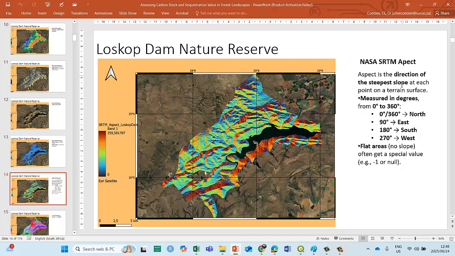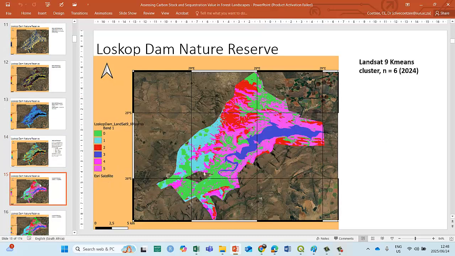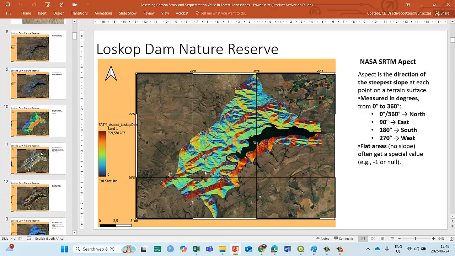And we have the aspect, which gives you 0 to 30 is north facing, 90 is east facing, and 270 is west. So 270 is roughly this, so that area is west. Obviously the opposite would be east, which is the blue. You see west and east. Obviously north is this way here. North is this blue or high red.